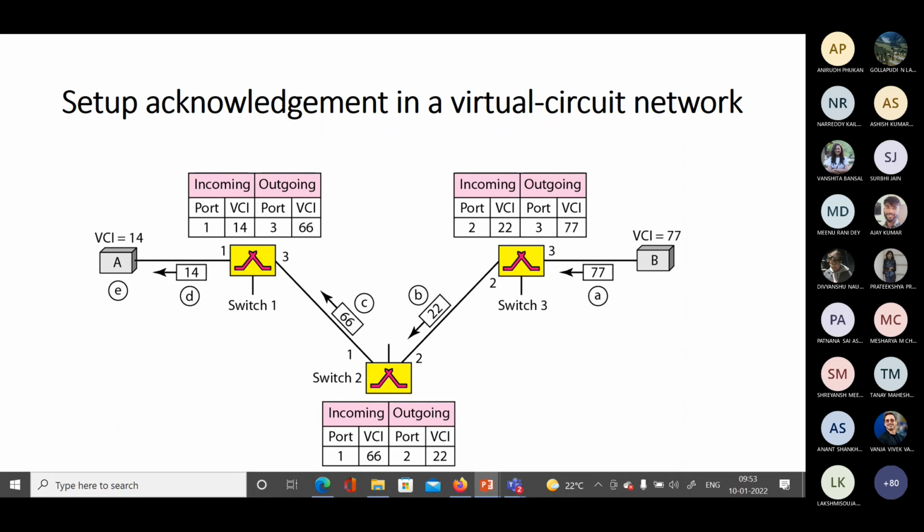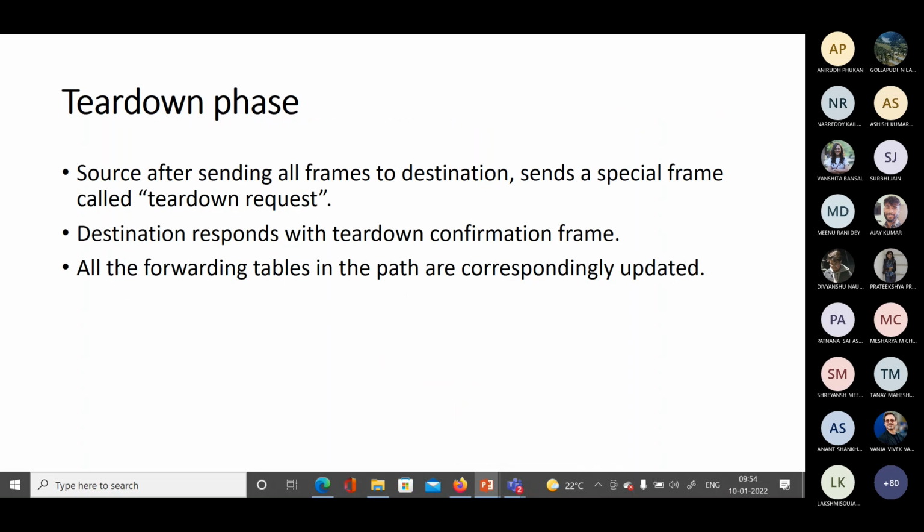After this population of the forwarding table, only then does the communication happen. Once the communication is done, we have a tear down phase. In the tear down phase, after sending all the frames to the destination, a tear down request frame will be sent from the source's side.